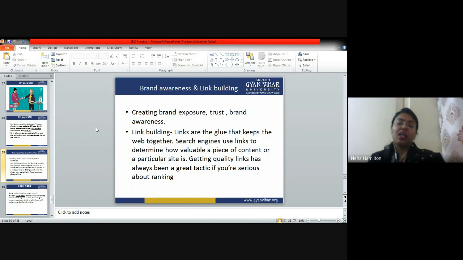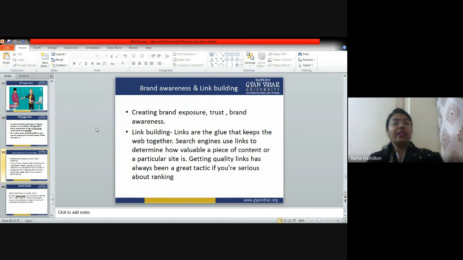the maximum amount of traffic, right? If you have to read something about an MBA program or something, you will either go to Harvard or go to the IIM website or go to maybe some MIT website, right? Maximum people do not know about other universities. But if in Stanford University you read an article on management and a link of IIM Ahmedabad is given, then people over the world who are interested in management can go to the website of IIM Ahmedabad, right? So that's why link building is important.